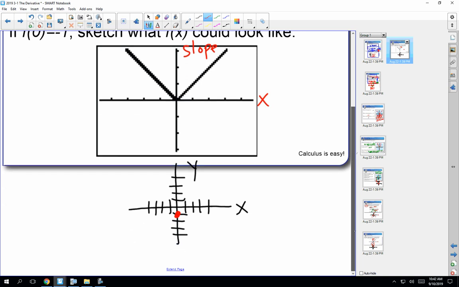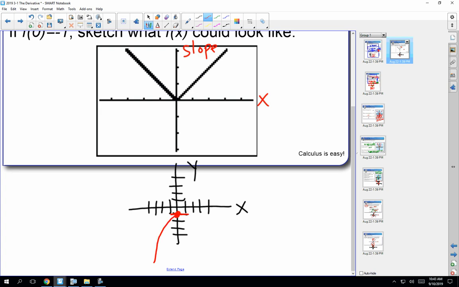So you tell me, should I be bringing my curve in from the top of the red dot, or the dot at 0, -1, or from the left of the dot at 0, -1? It's starting really steep, and then it's gradually going like this. Yeah, it's got to be below it, right? Because what's it going to do at 0, -1? At x equals 0, this tells me the slope is 0. So I know I've got a little horizontal line here. So it's going from steep, steep, not so steep, and then